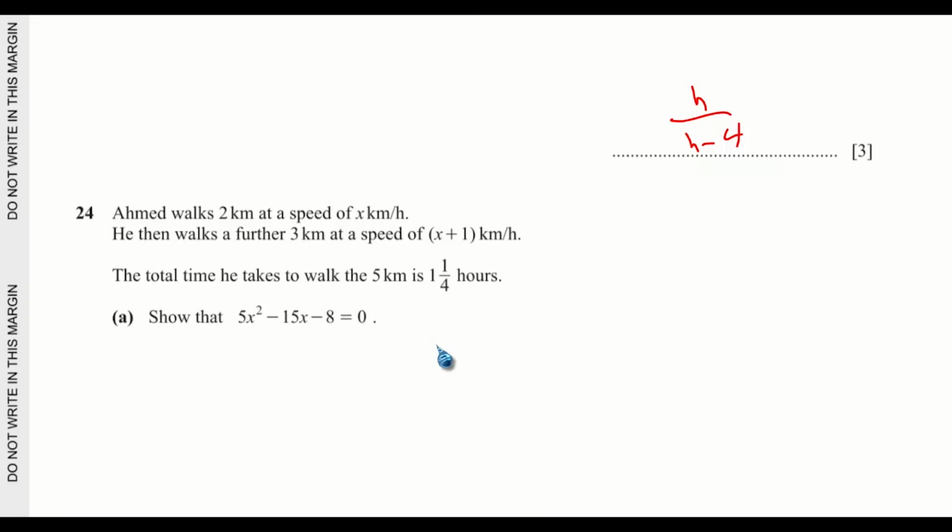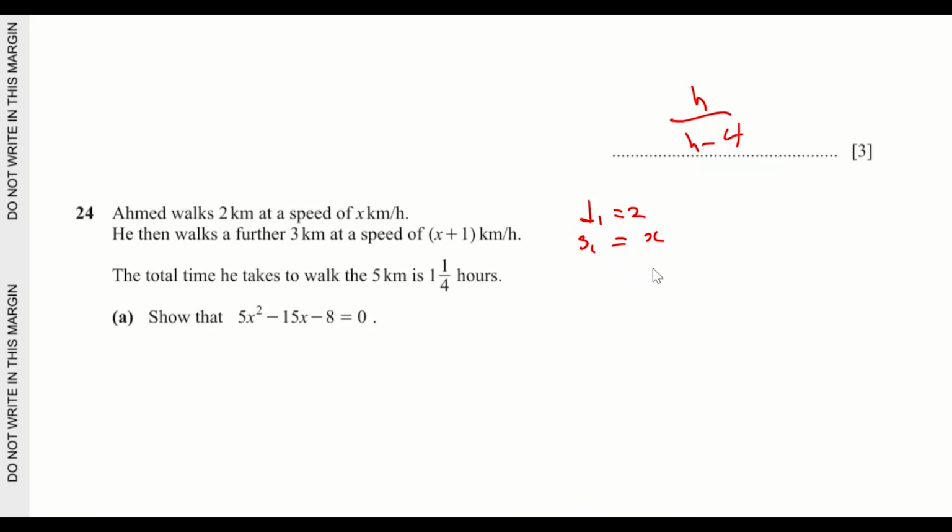Okay, so what you can do here, you can see that the first time, t1, will be equal to... let me just write some stuff up here. So you can see that d1, the first distance, is equal to 2 kilometers. Then the first speed is equal to x kilometers per hour. Okay, so in this case, you can have t1 to be equal to